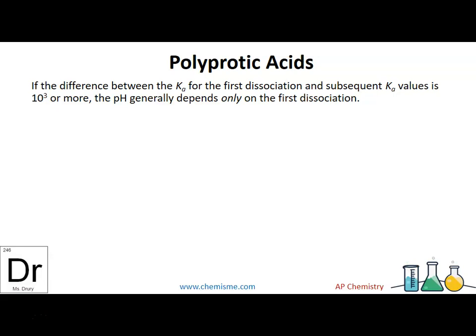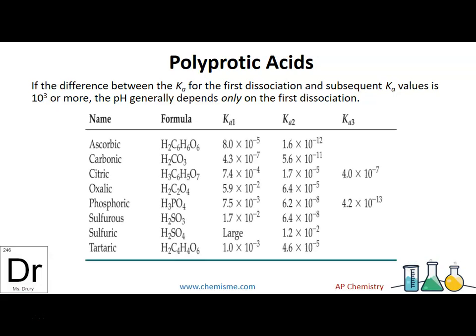Like if the first H comes off almost 100%, the second H is actually going to be bound a lot stronger, and therefore won't ionize as often, and will probably ionize less than 5%. So it really won't change your answer that much, but we're going to prove it by doing a bunch of calculations. So here are some examples of polyprotic acids, where they have more than one H,